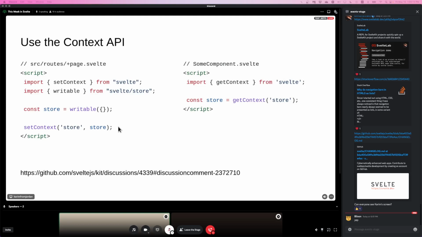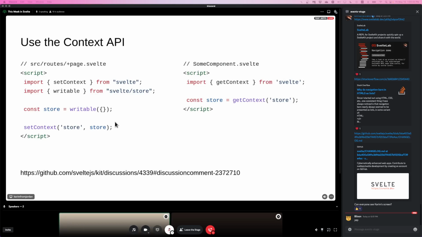The page store in Svelte, there's a page store that you can import, as far as I know, does essentially the same. If you import the store outside of a Svelte component, it will show you an error saying something about a context API, because the page store also is created somewhere higher up in your SvelteKit app and then shared through the context API. So there's some people who basically